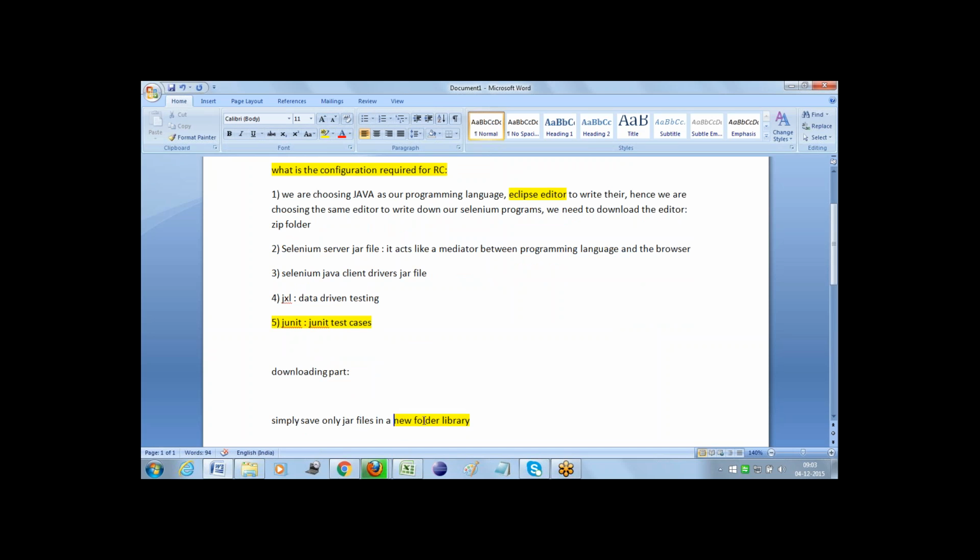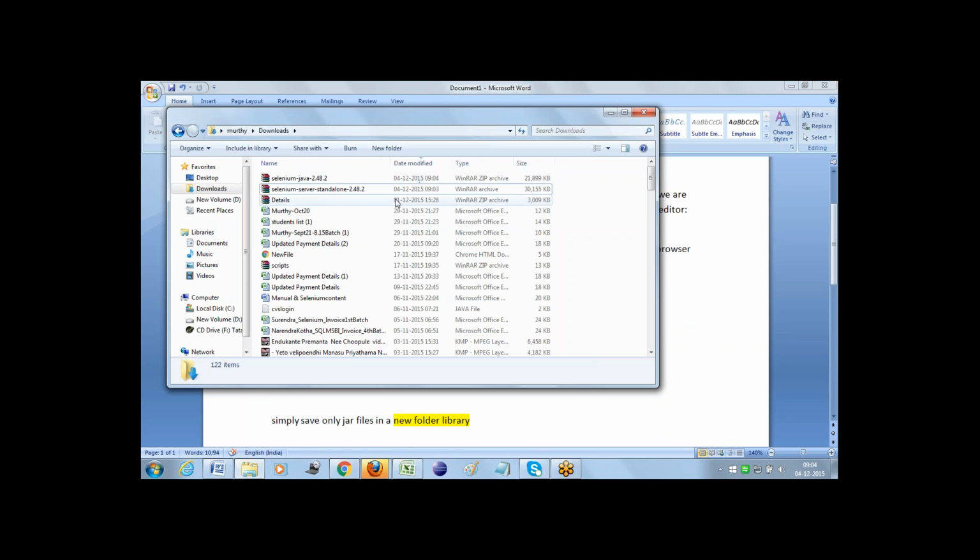Just name it library, and whatever files you have downloaded, copy those files and paste them in that folder location. It is stating that the download is complete.